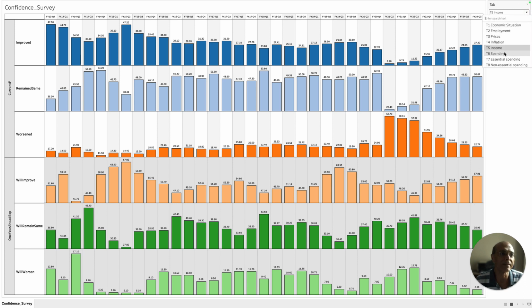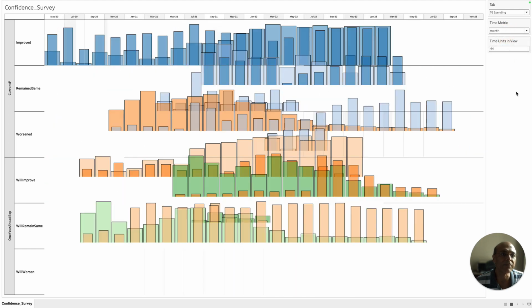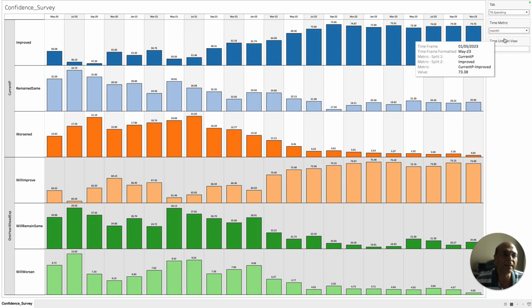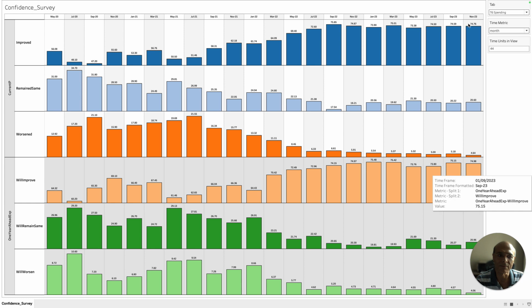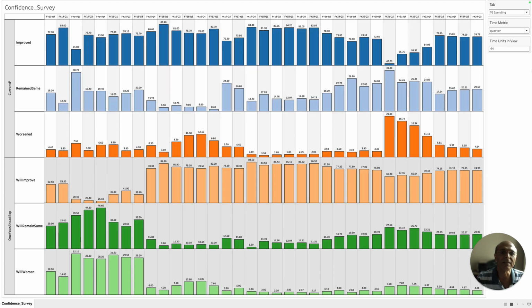Now let's look at the other dimension, spending, and we'll do a monthly time scale first. Now spending is roundabout going to remain the same, right? It is not going to change from a future perspective as well as from the current perspective. Now if I zoom out to a quarter-level time scale, let's see what the respondents are saying, which will be very interesting to see. Here also it resonates with what we saw as far as income is concerned.